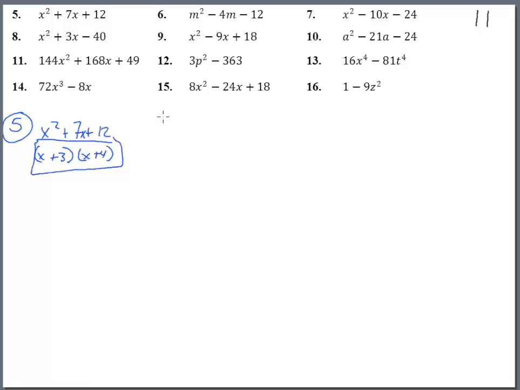So there we go. Number 6, m squared minus 4m minus 12. Again, nothing as a greatest common factor will come out, so we just need to find two numbers that times together to give you negative 12 and add to a negative 4. That is an m minus 6 and an m plus 2. Number 7,